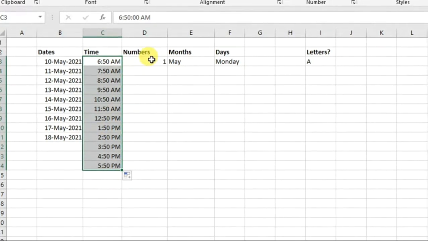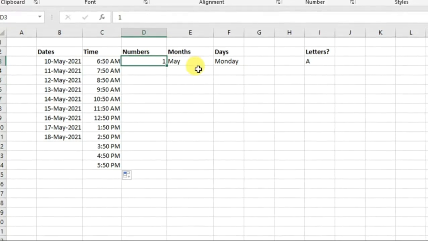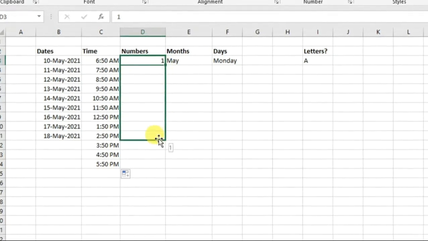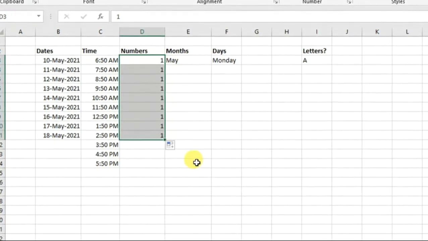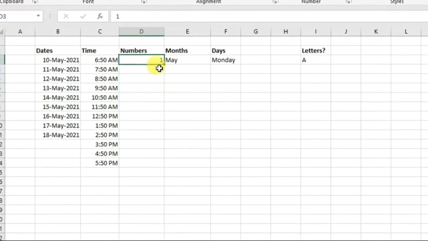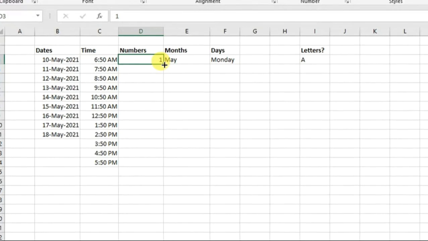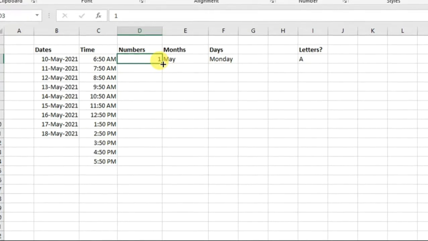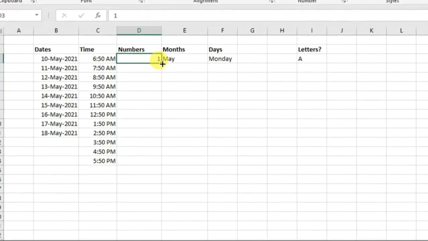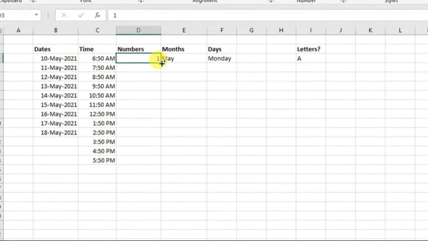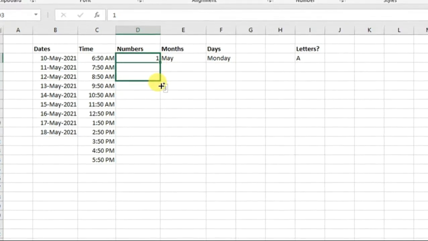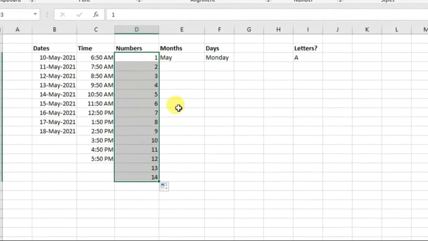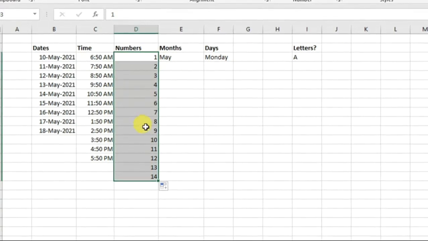Now, very interesting here, please pay attention: for numbers it is not the same. If you drag from the right-hand corner, it will simply put 1 at every place like that. That will not solve our purpose, because you want to increase it by 1 automatically. Many times this is used for typing serial numbers. Instead of typing, we can drag it down. For that purpose, press the Control key on your keyboard and drag down from the right corner of the cell while pressing the Control key, and take it till the place you want to fill. It will automatically fill the numbers with a gap of 1.